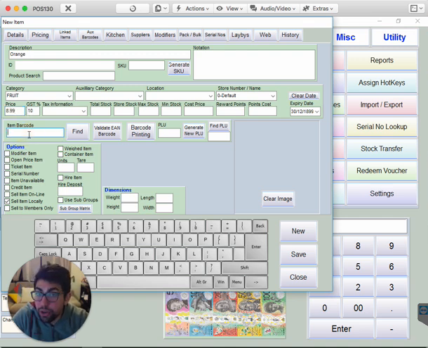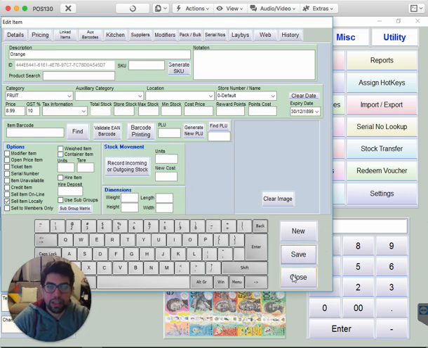And item barcode, you don't need to enter anything. And over here, if you have a weighing scale attached, you can choose weighed item. But for this example, we don't, so we'll leave that unchecked and we'll click on save. And once it's saved, we'll go close,